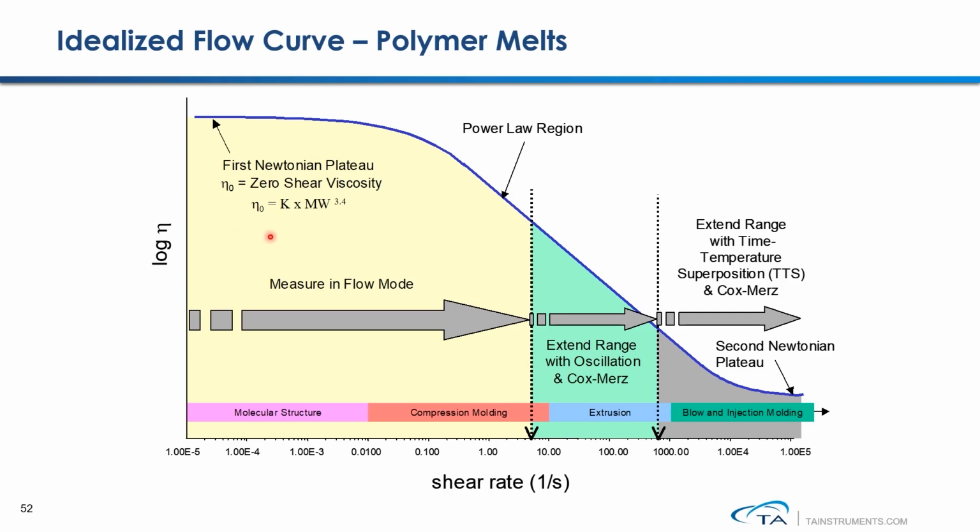The viscosity measured under moderate shear rate range, such as from a few reciprocal seconds to a few hundred reciprocal seconds, is used to guide some specific polymer processing like compression molding or extrusion. The viscosity measured at high shear rate correlates to some special polymer processing such as blow molding or injection